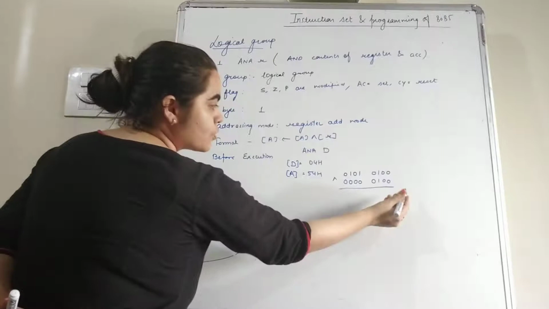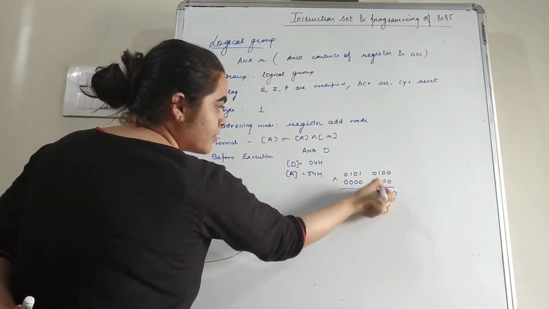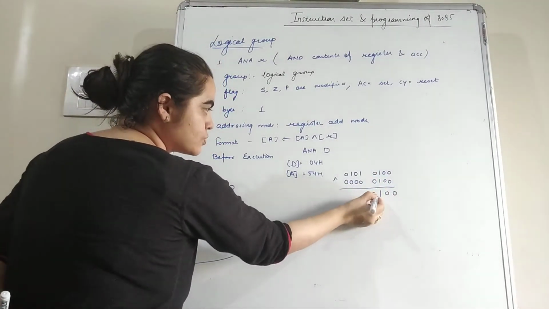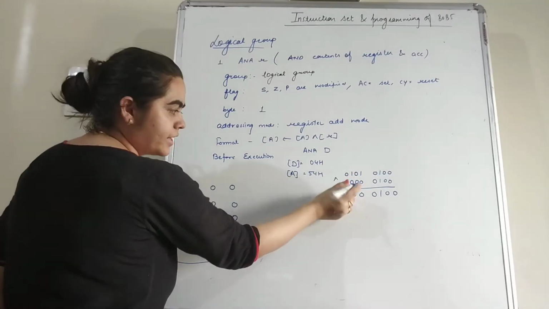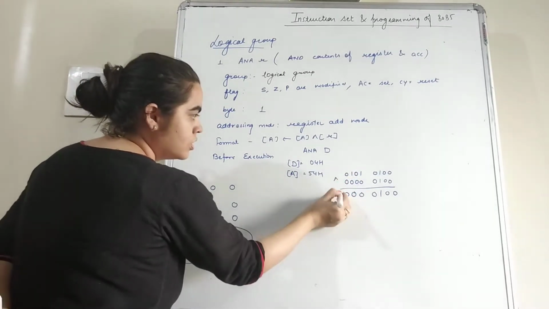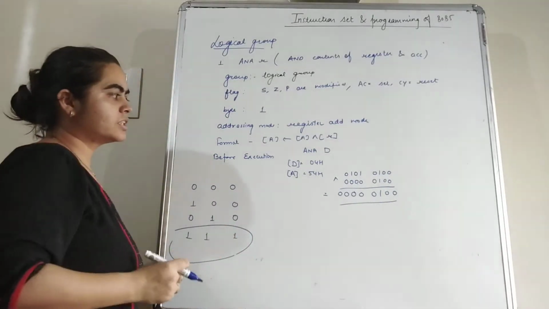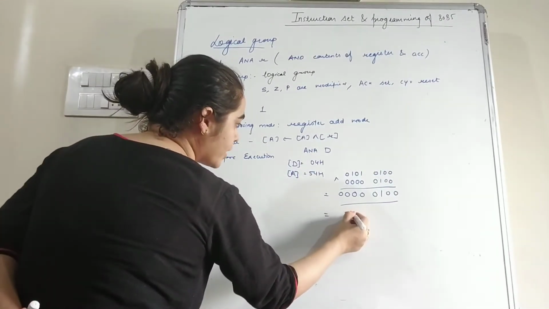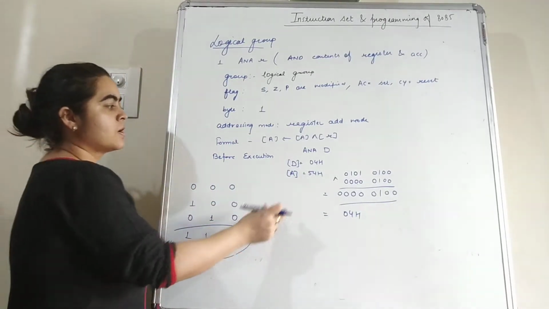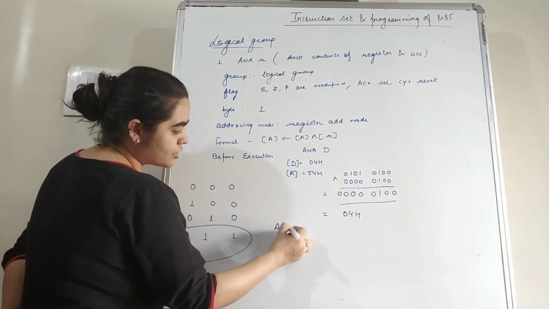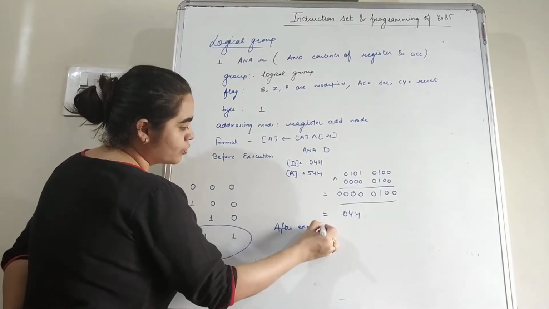So in this case, 0 and 0 is 0, 0 and 0, 1 and 1 is high, 0 and 0, 0 and 1, 0 and 0, 0 and 0, 0 and 1, 0 and 0. So the result of AND after this is 04H. So the AND of D and A is 04H. So after execution, now the value of the accumulator is